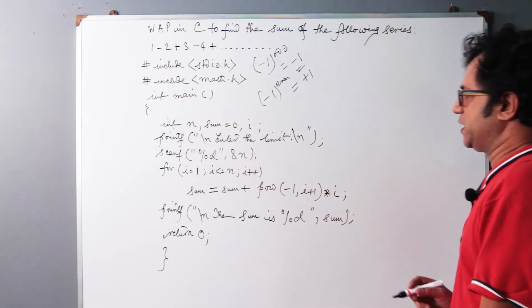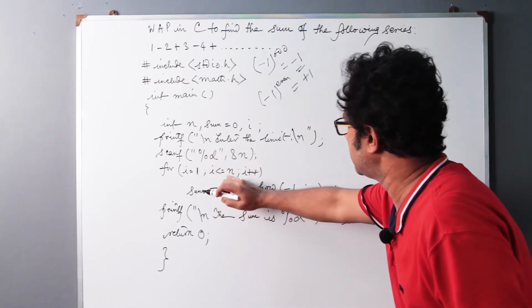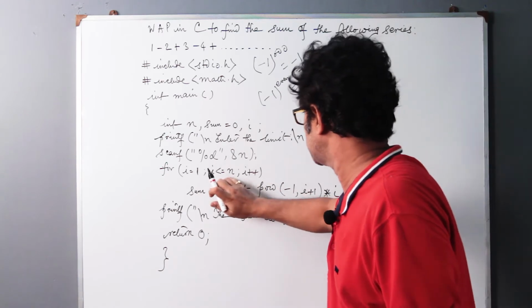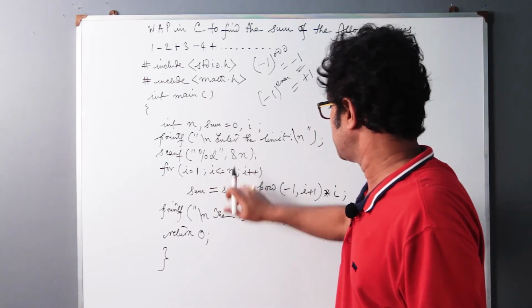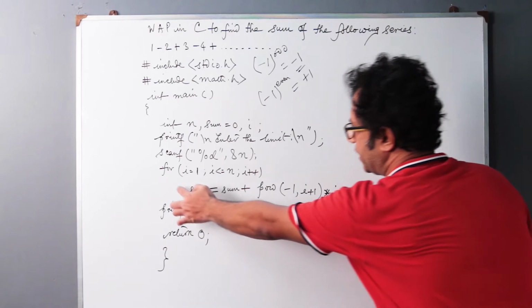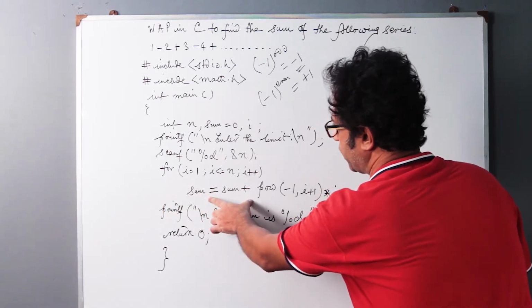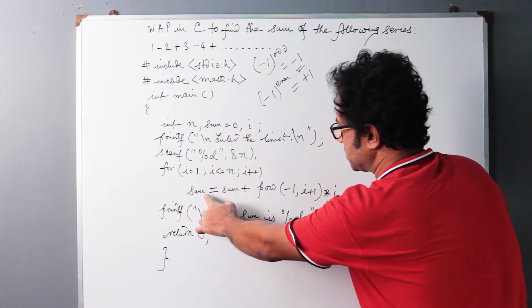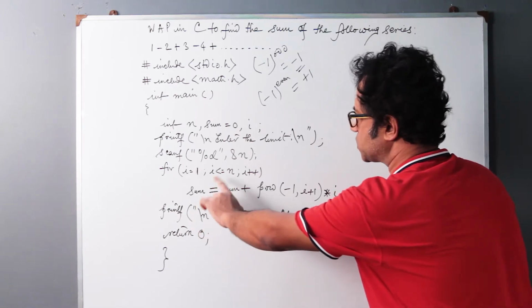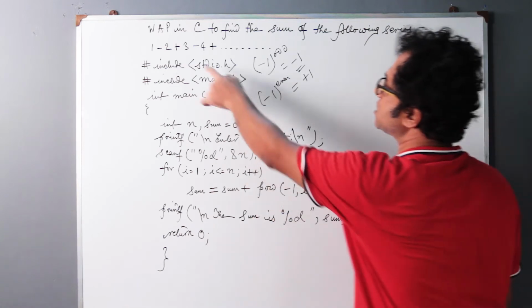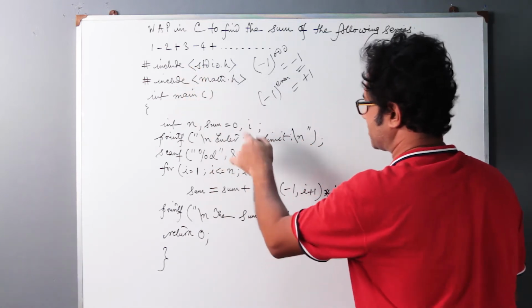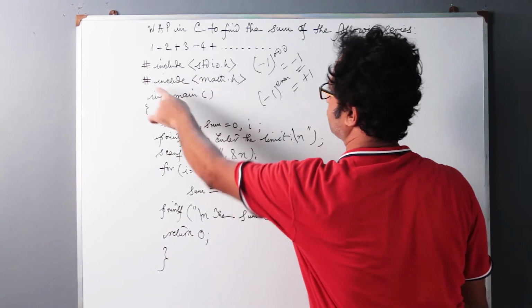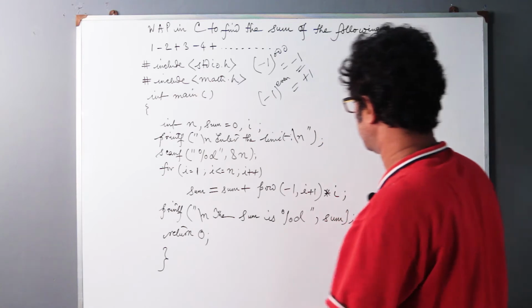So let us see: for i equal to 1 and i less than or equal to n, which is nothing but the limit, the maximum number of terms, n, and then comes the usual i++ increment, and then comes a one-line expression statement under this for loop construct that calculates the sum. Sum is equal to sum plus the power function, which is inside the math.h header file. That's the reason for using the power function. I have included the math.h header file along with the stdio.h header file.